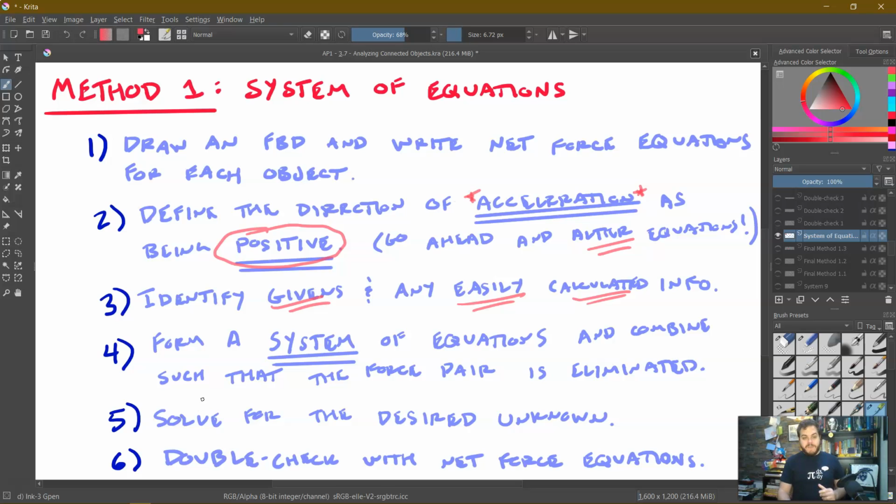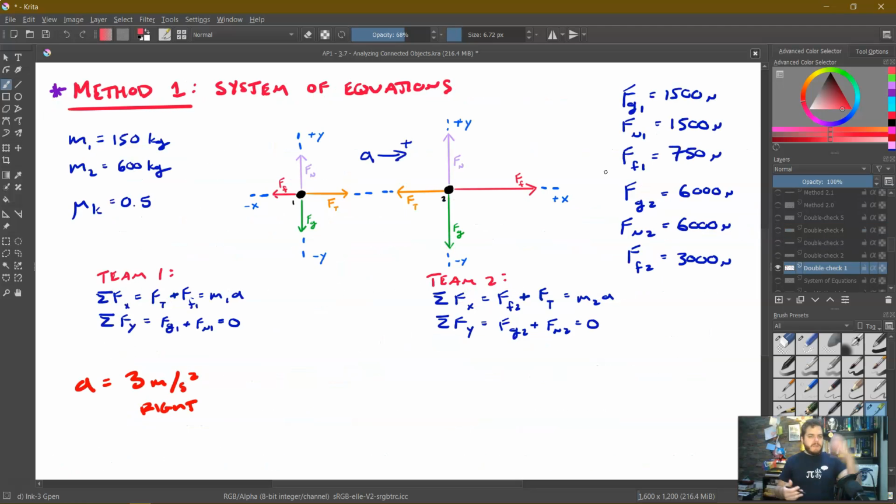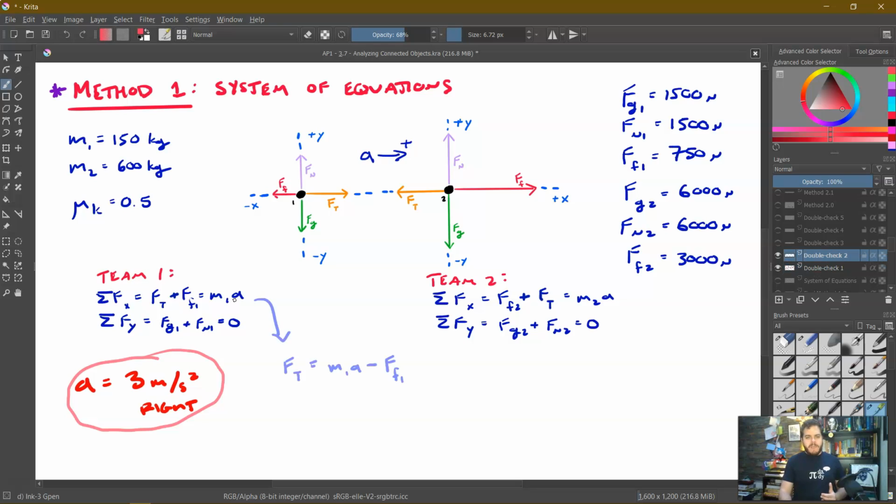Now, you might be thinking, but Mr. Varvier, we didn't do that. So let's do it right now. So once again, FBDs, givens, forces I calculate, my net force equations, and now we know the acceleration is 3 meters per second squared to the right. We just calculated that. So what I want to do, now notice, I went ahead and reverted my net force equations back to their original form, so without any of the changed positives and negatives, so I could double check this all. So I'm going to go ahead and take the first one, and I'm going to solve for